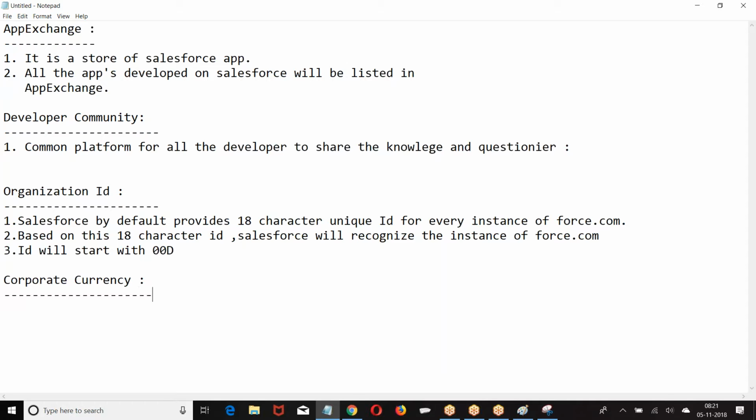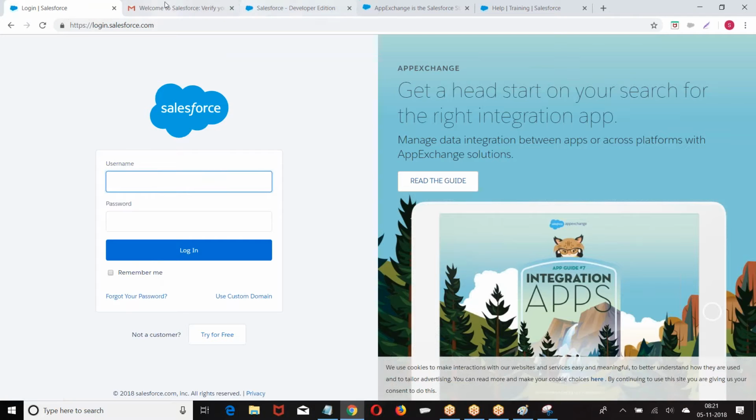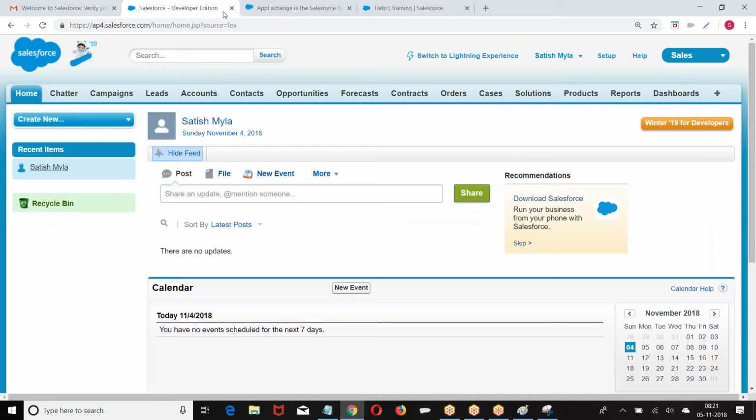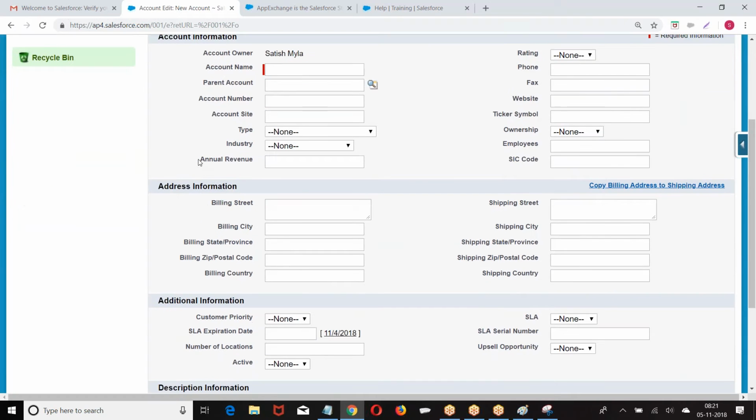Corporate currency. What is this corporate currency? Now, the revenue of your organization is represented in which format? I have a field here, it says annual revenue.